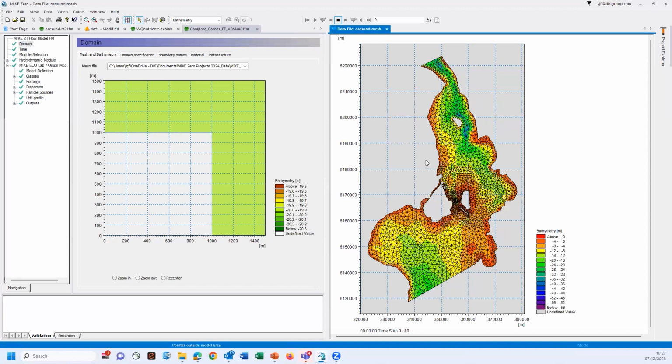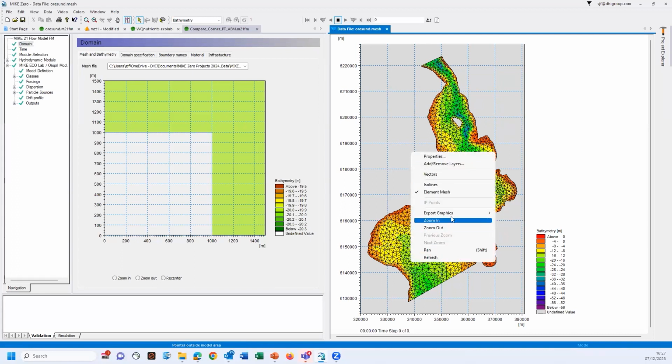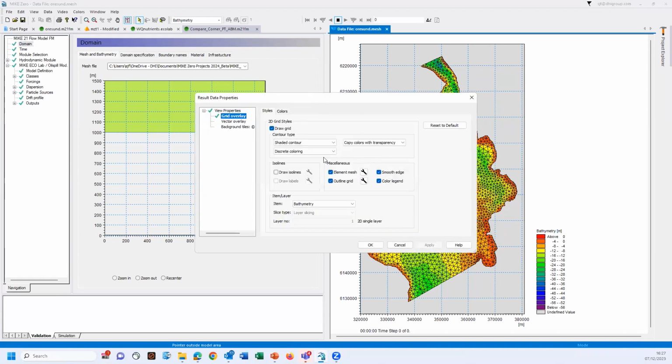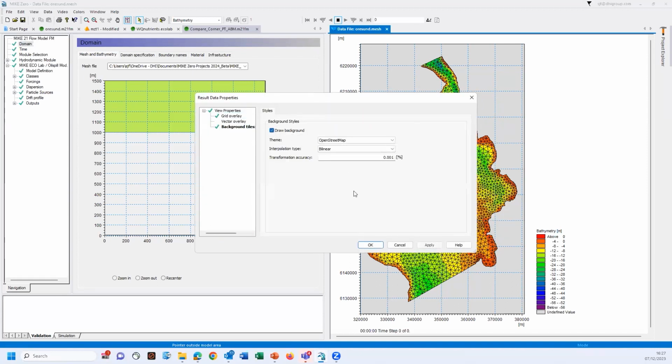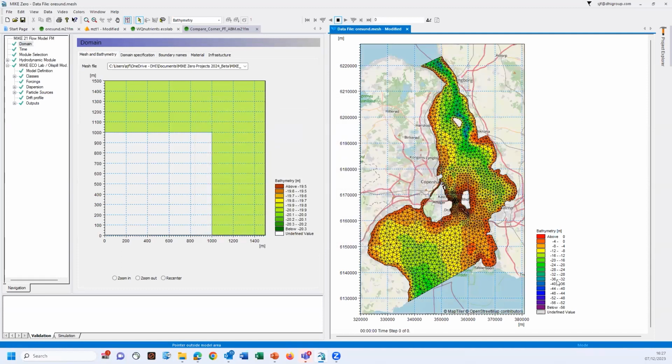And here I don't see any background maps. This is because by default, the background mapping is only enabled for the results viewer. So if I right click and select properties and go to background maps and draw background, click apply, you can see that I now have a background map. Okay. If I shut this down